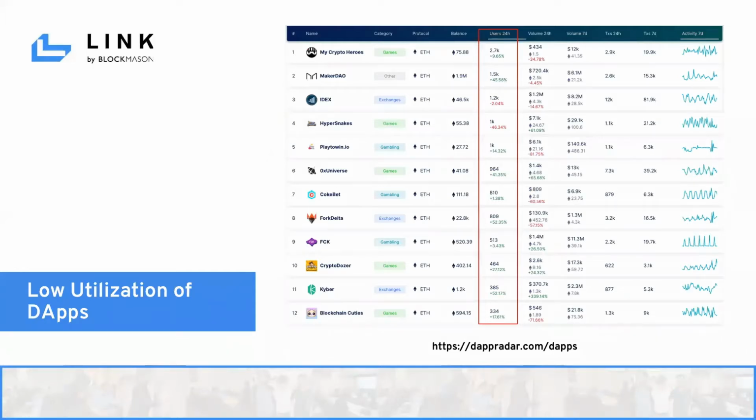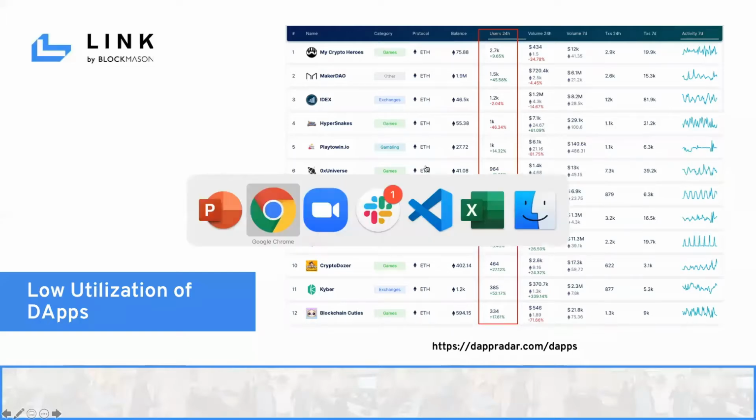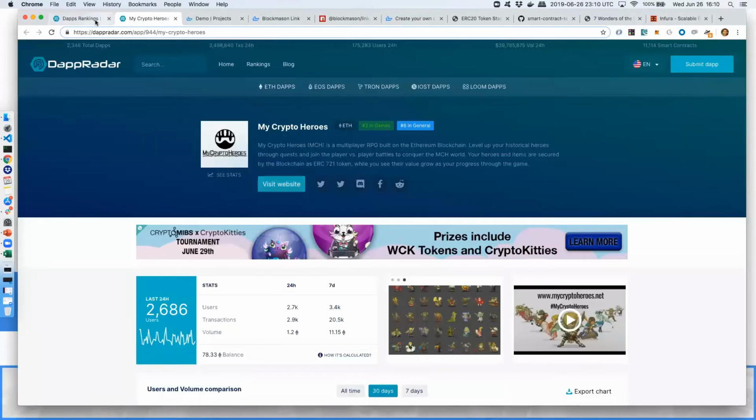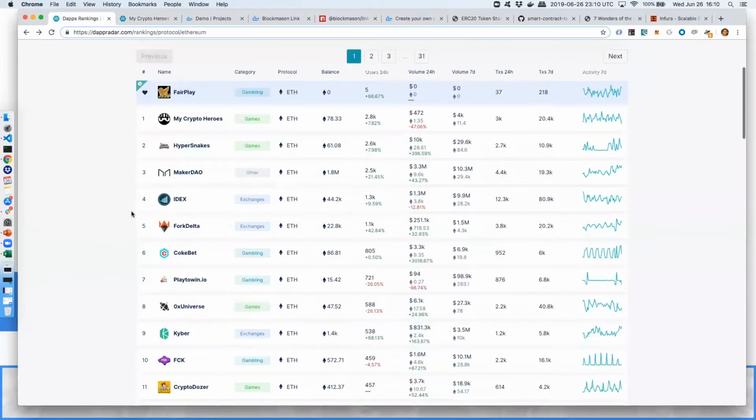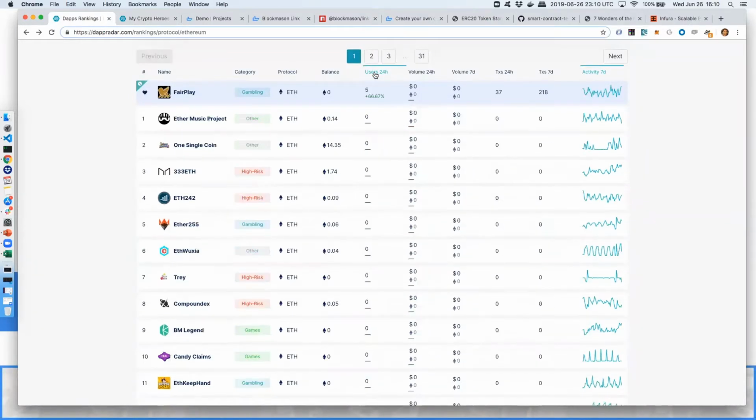So let's have a look again at the DApp Radar website here. What I want to point out is some of the utilization numbers with respect to some of the popular dApps. If we go back to our DApp ranking page here, we can see that if we were to rank this based on users over the past 24 hours,